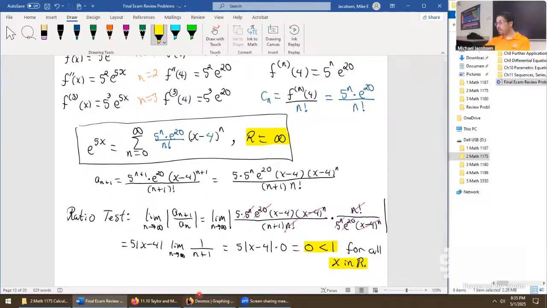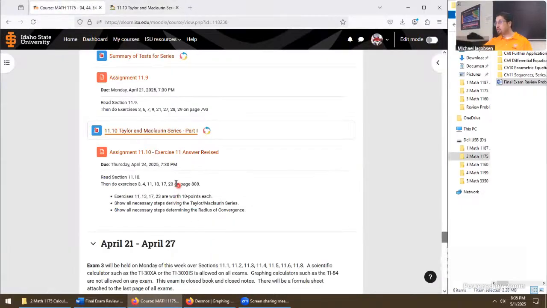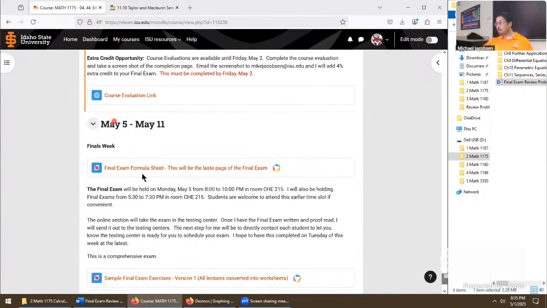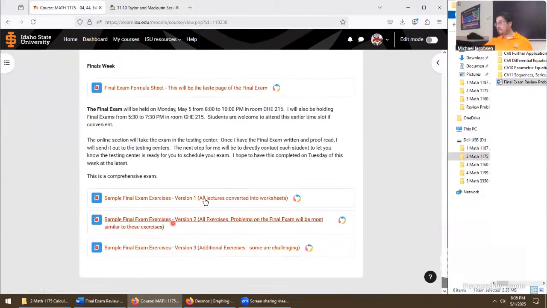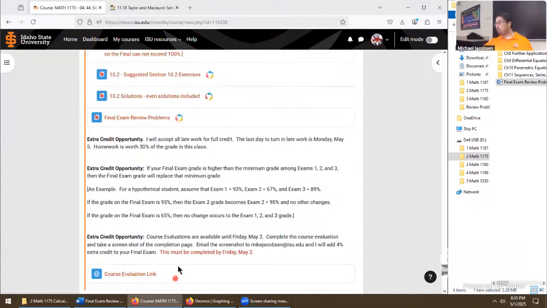Also, a great strategy for studying for the final exam is not just looking at these problems we were just in. They're great problems, the final exam review problems, but also take a look into some of these documents. I'm going to post blank exams 1 through 3. They're great ones to take a look into. And the final due date for our homework, which is worth 30% of the course, is going to be the day of the exam, Monday, May 5th. So that tells some people this could be the optimal way to study. If you're behind on a couple of assignments, this is probably the very first place you ought to start.